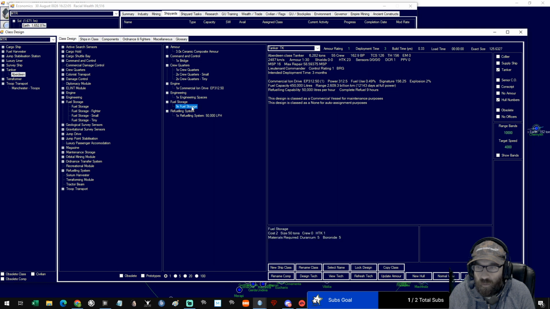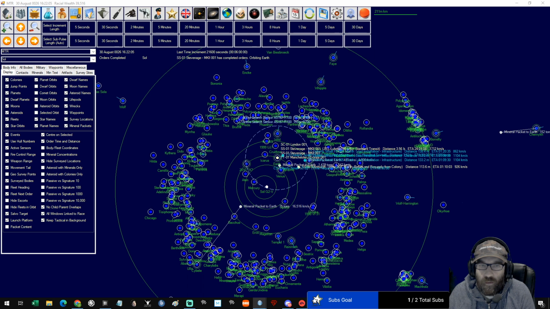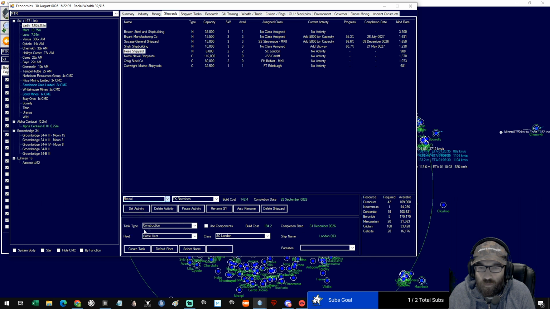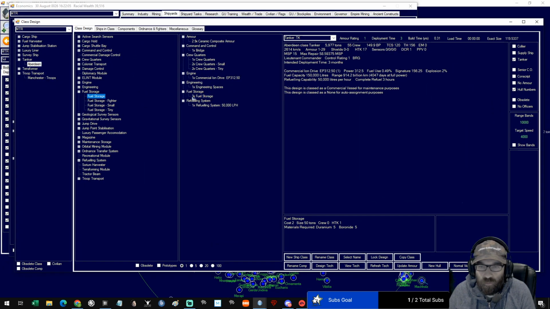So let's get it below 6,000 tons. Right, that is now below 6,000 tons. So if we refresh that, shipyards, can we retool for the Aberdeen? We can. So we'll go back to the Aberdeen, and we'll go back to fuel storage, and we'll go back